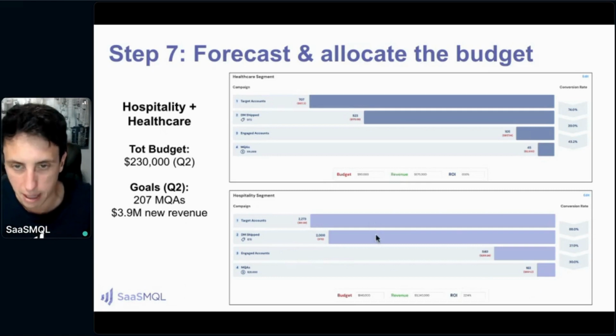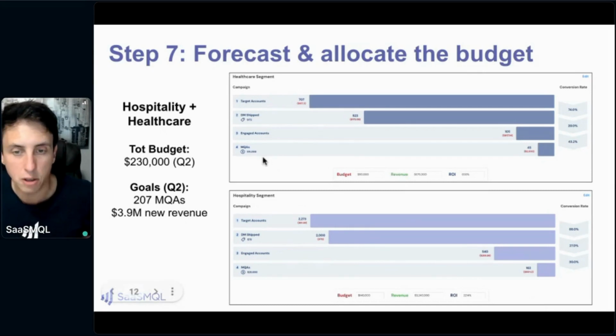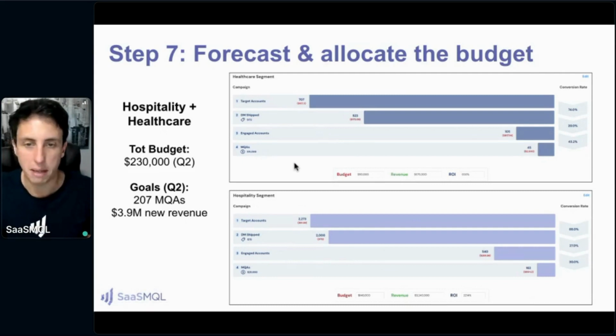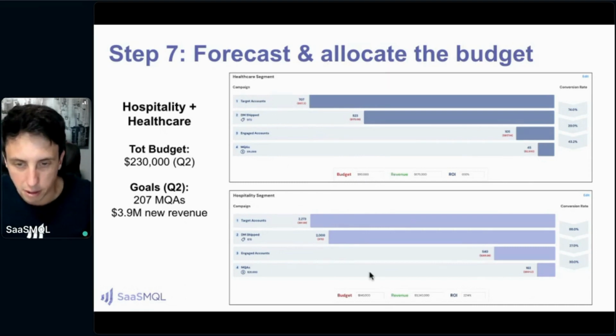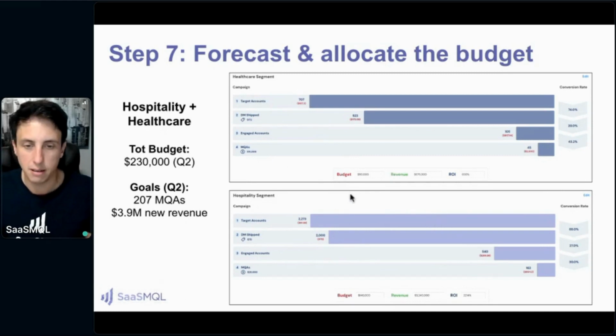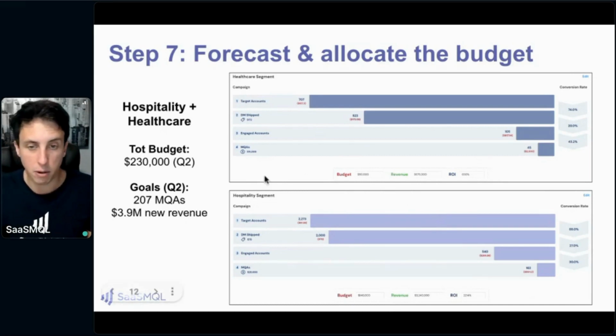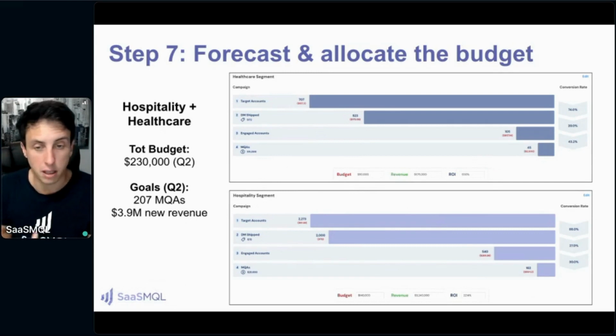And so, here for example, I have a healthcare and a hospitality segment. I have different conversion rates across the funnel. There are different values of these accounts at the end, because maybe they use different products, and so there's a different deal size at the end. And you see here I'm allocating 90K on the healthcare segment and 140K on my hospitality, with a goal of closing a total of 3.9 million in new ARR and 207 MQAs, or marketing qualified accounts, which is basically a discovery call with the new accounts. You can map all of this,